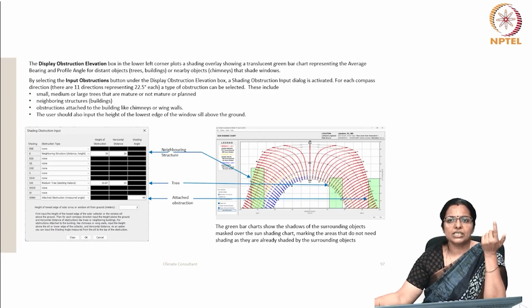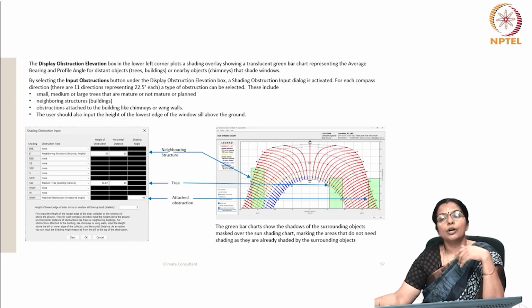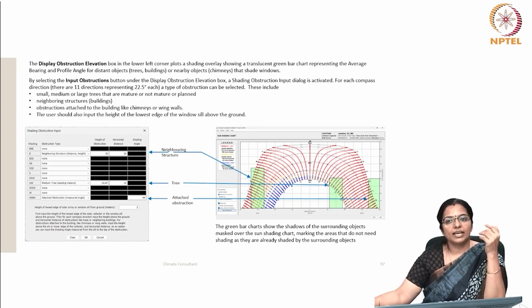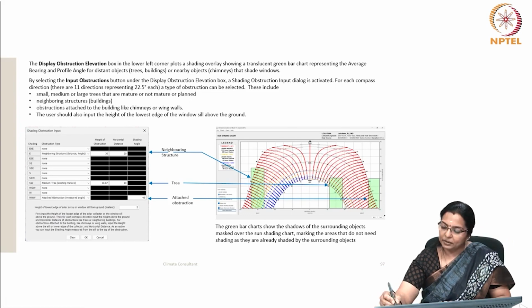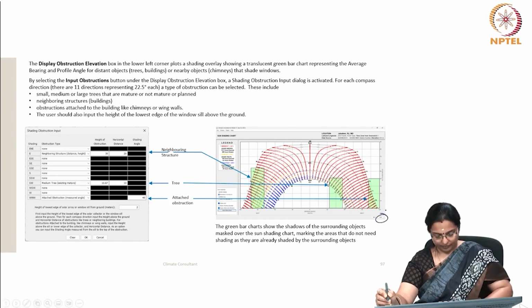For obstructions attached to the building, input the height above the sill or lower edge of the collector and horizontal distance, or the shading angle measured from the sill to the top of the obstruction may be input. When data is input as height and distance, the shading angle is calculated by the program automatically. Then press next here,